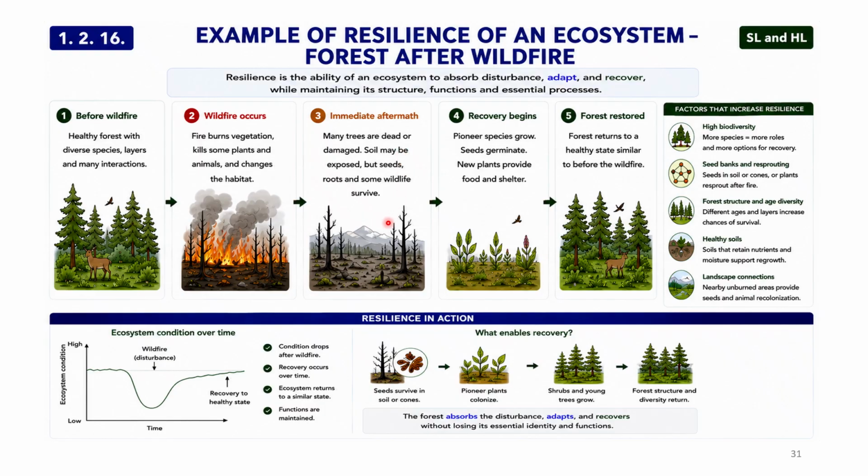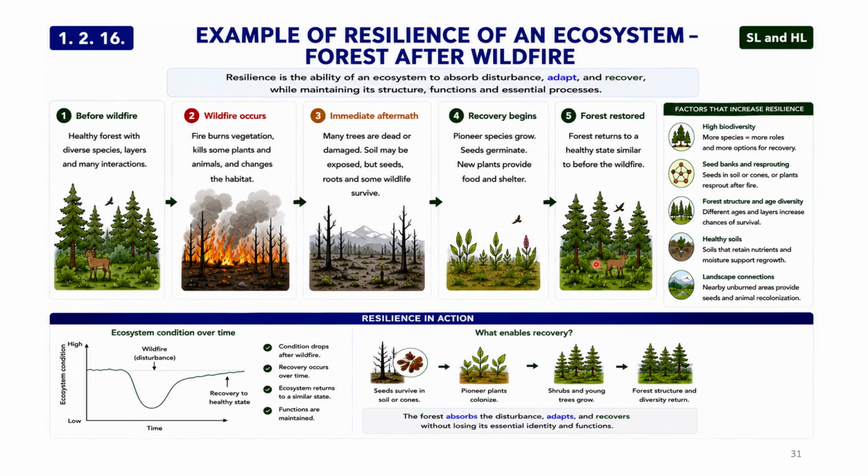Although many trees are damaged, seeds stored in the soil or cones, underground roots, beneficial microorganisms, and surviving wildlife remain, providing the foundation for recovery. As conditions improve, pioneer species colonize the burned area, seeds germinate, and young plants establish, gradually restoring food, shelter, and ecosystem functions. Over time, shrubs and trees mature, biodiversity increases, and the forest returns to a healthy state similar to